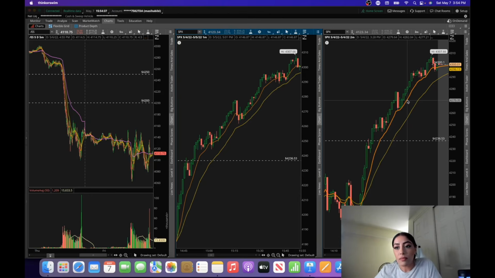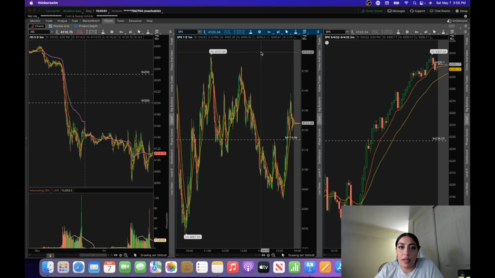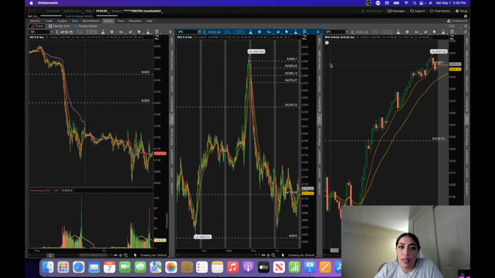So that's another way that you could day trade SPX. Obviously, if you are going to day trade it, make sure that you have a trading plan. Make sure that you have an entry point, your target profit, and as long as it holds the 9 EMA and it's breaking out and holding your stop losses on its way back, you are good to stay in the trade, okay? Now, another way that I like to trade SPX, and I'm going to show you guys this as well,